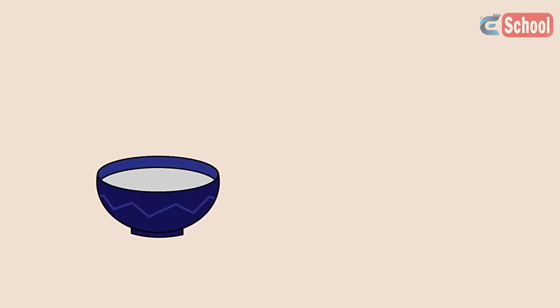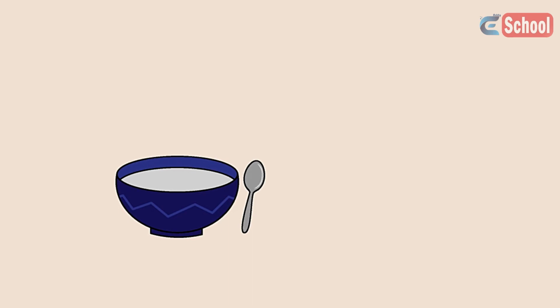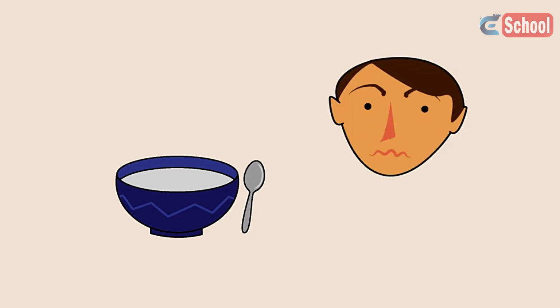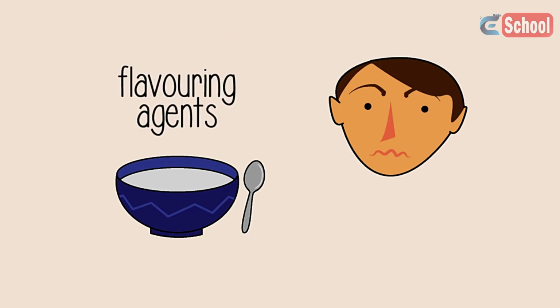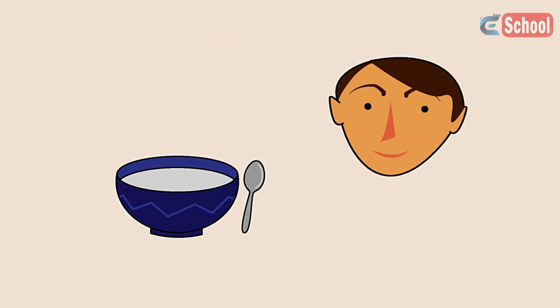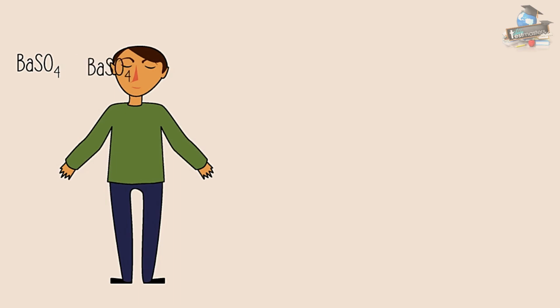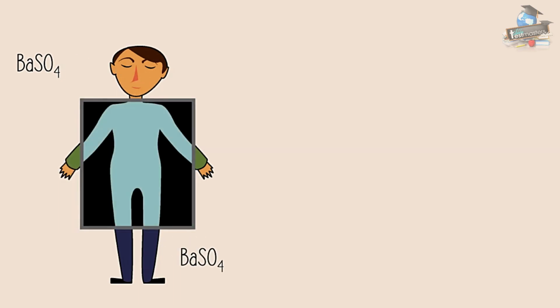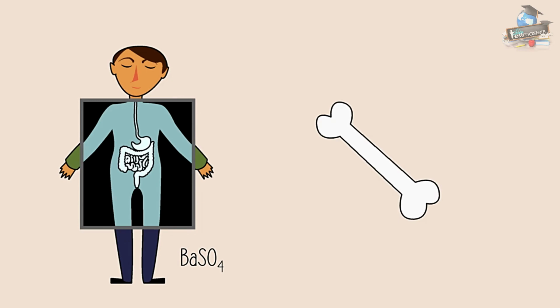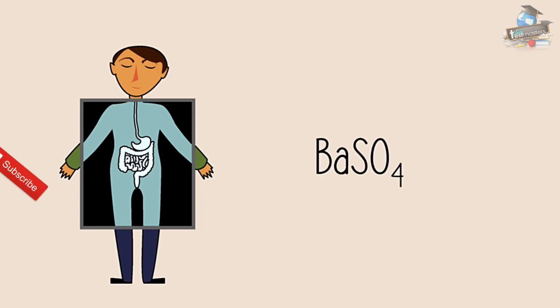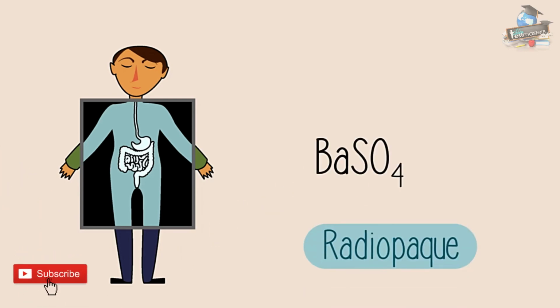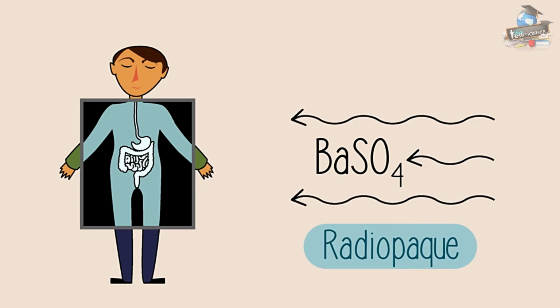Since the barium sulfate is highly insoluble, it is not absorbed by your body. If you've ever had to consume it, you will find that it has a very chalky taste and it's very thick and dense. Sometimes flavoring agents are added to mask this chalky taste. As it passes through your gastrointestinal tract, it mimics the density of your bones. Since X-rays cannot pass through, an image can be produced. Therefore, this barium sulfate compound is radio opaque because it prevents X-rays from passing through them.